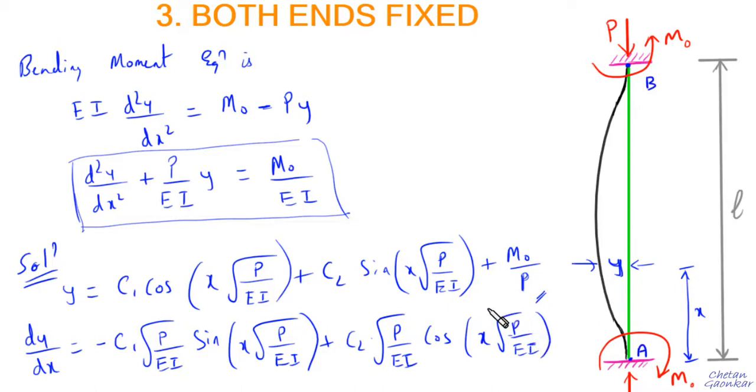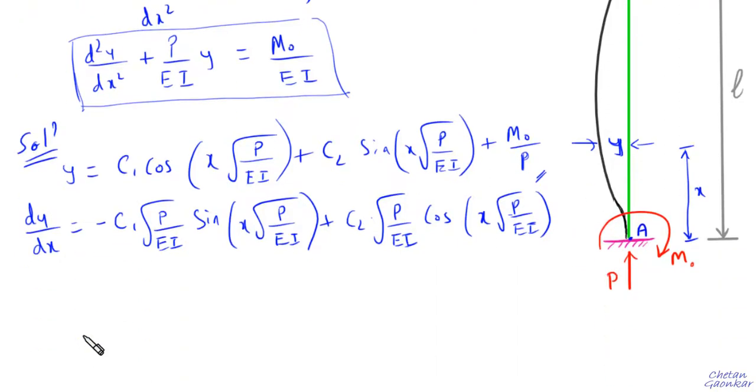All right, so we have got the solution in terms of deflection, and also the solution in terms of slopes. Now at this stage we shall take the help of boundary conditions. And what are the boundary conditions? Since we have already differentiated y and obtained the slope, first let us take the boundary condition in terms of slope itself.